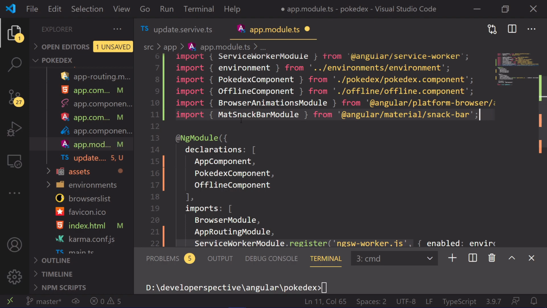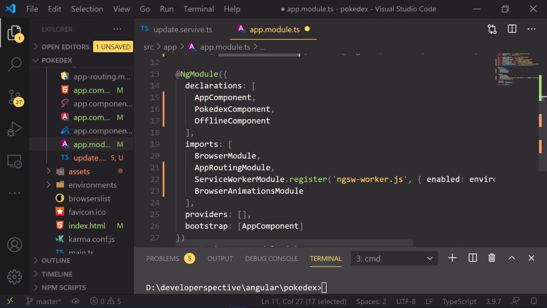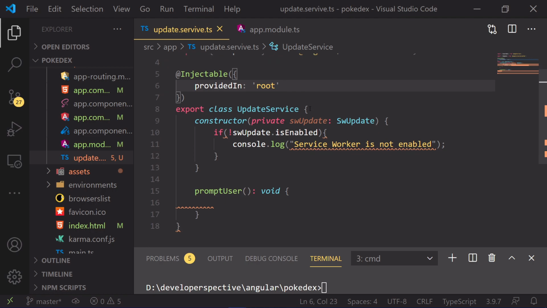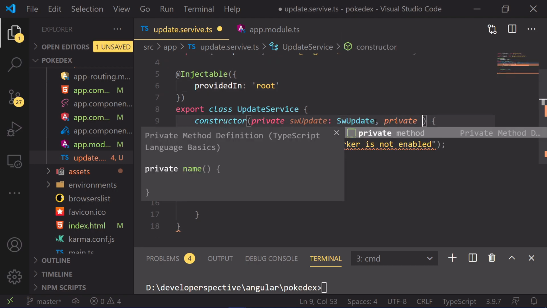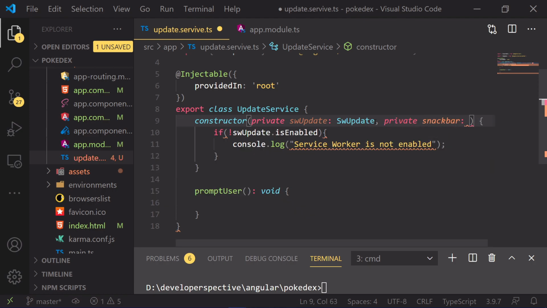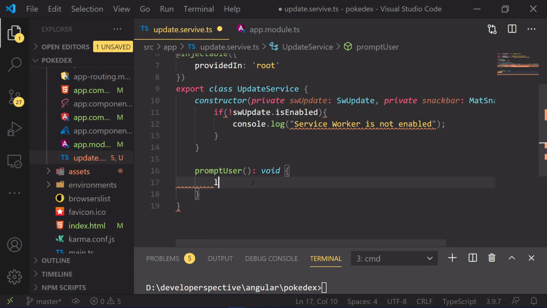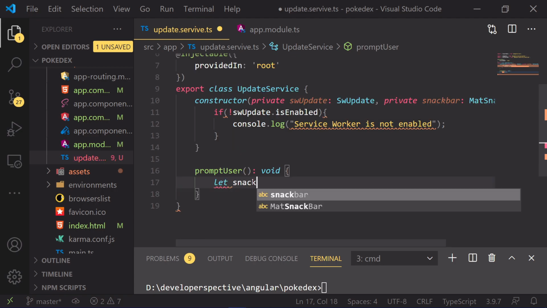Okay, awesome. Let me get back to the update service, and here we will specify the snack bar.